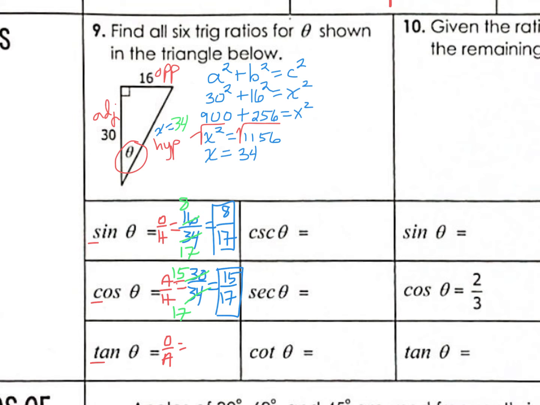And then for tangent, opposite over adjacent, so I got 16 over 30. And then I want to reduce that. 2 goes into 16 8 times, and 2 goes into 30 15 times. So for tangent, our ratio is 8/15. Now the nice thing is, once you have these three, it's easy to get